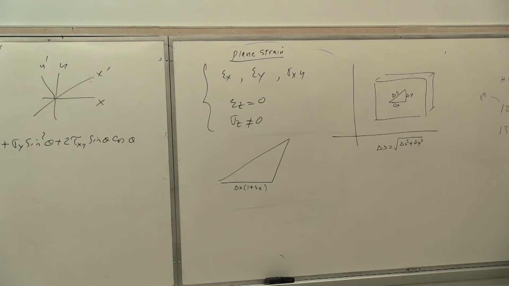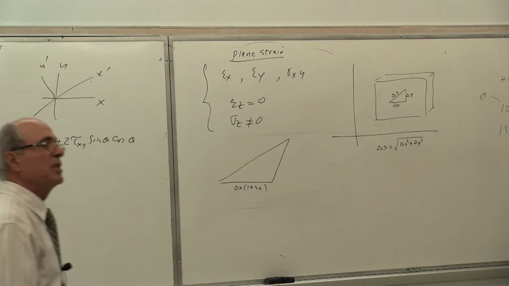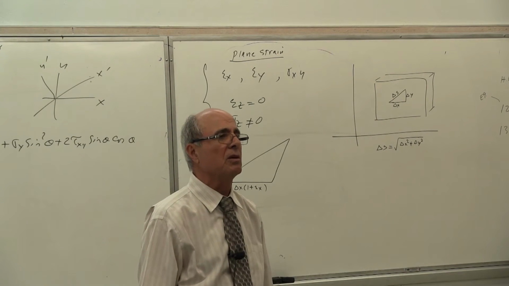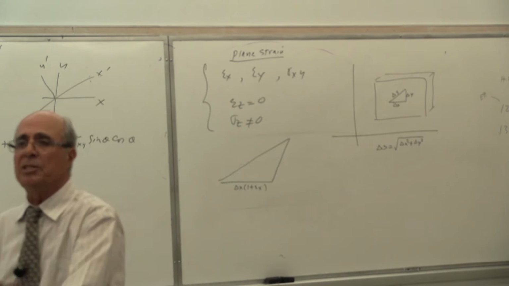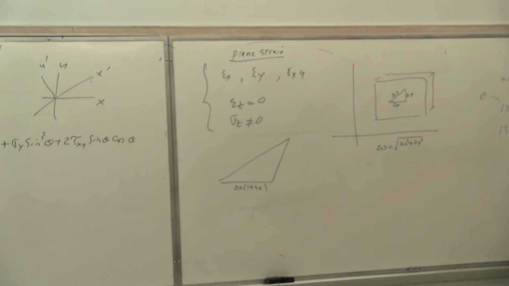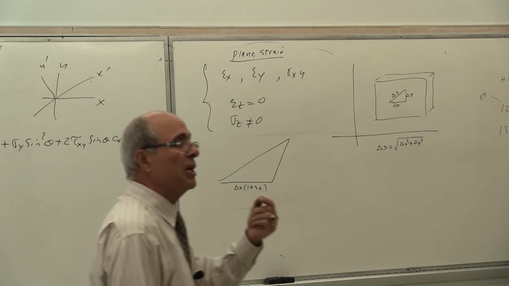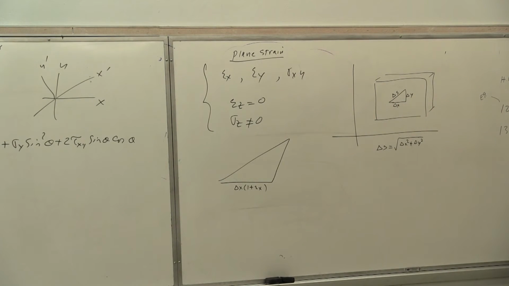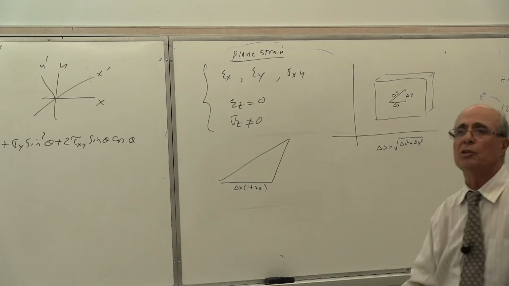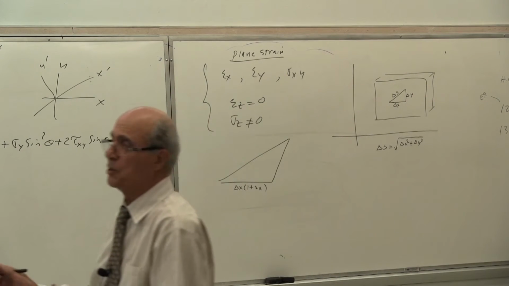Definition of epsilon is the amount of deformation for 1 unit. Yes or no? 1 millimeter after deformation becomes 1 plus epsilon or minus epsilon, depending on whether epsilon is plus or minus. Yes or no? But if I have 100 units of that, I have to multiply by 100. Everybody knows that. Is that correct? That's the way you should set your system in order to understand this material. Don't go by formula, like I did this, he did that, I'm going to follow that. Understand what you are doing. Is that correct or not? That helps you the most.